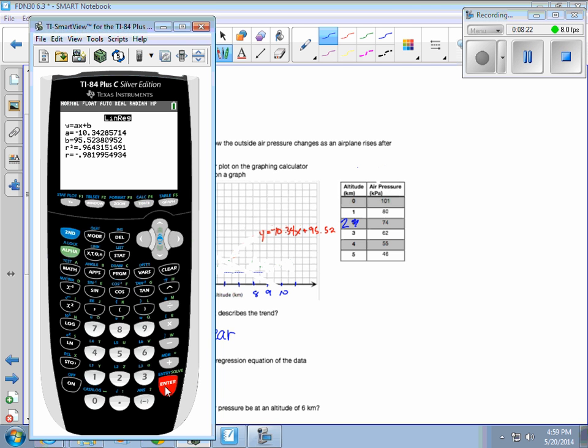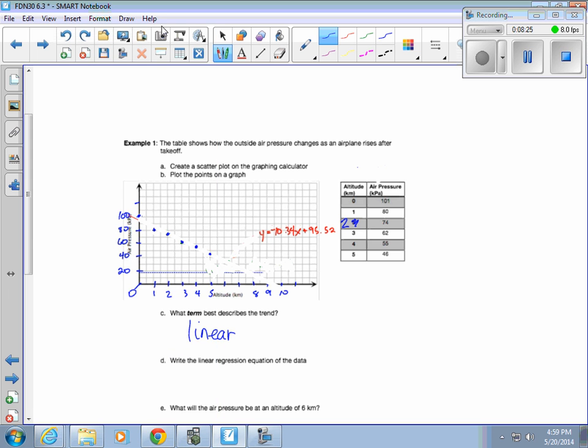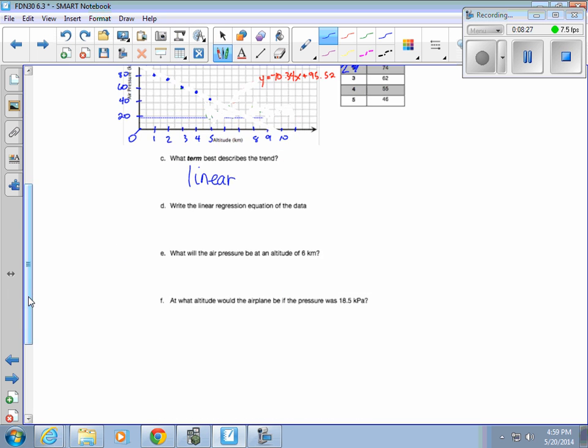Okay, so let's, oops, I'm going to have to put this down. So it'll be y is equal to negative 10.34x plus 95.52. So this is our linear regression general statement. So E part says, what will the air pressure be at an altitude of 6 kilometers? So we need to do, because 6 kilometers is outside of what we're looking at,